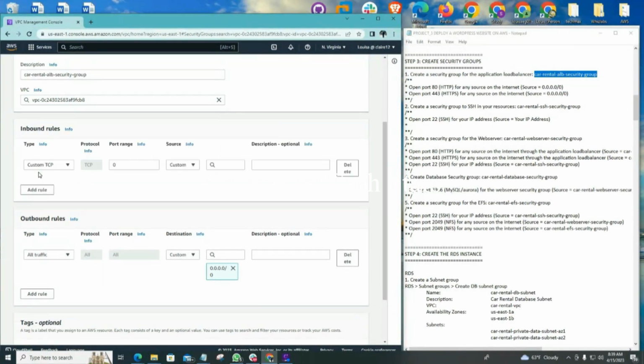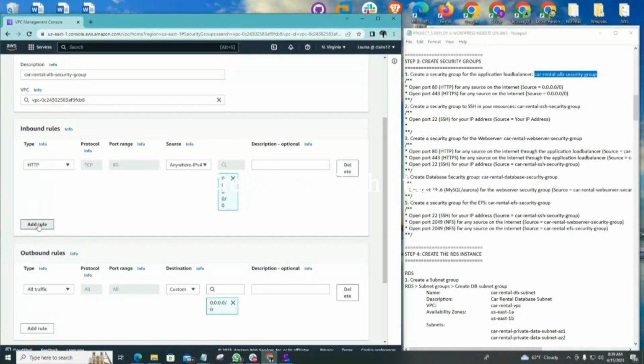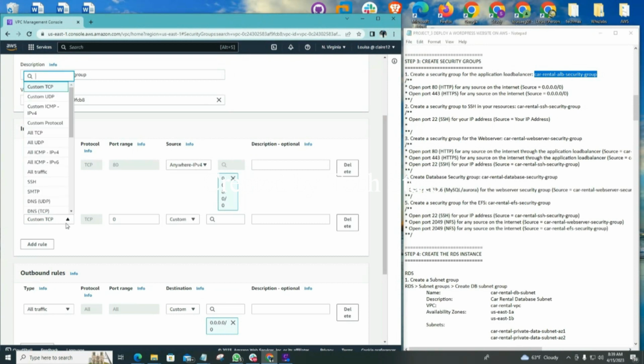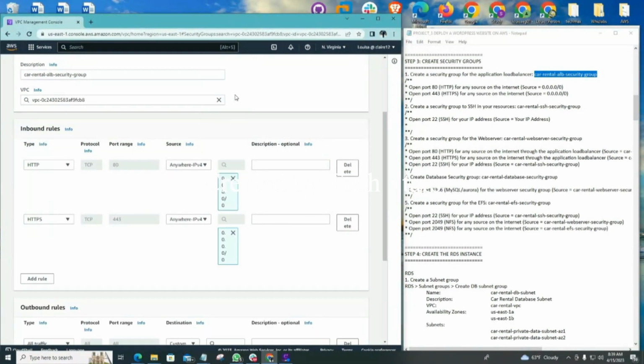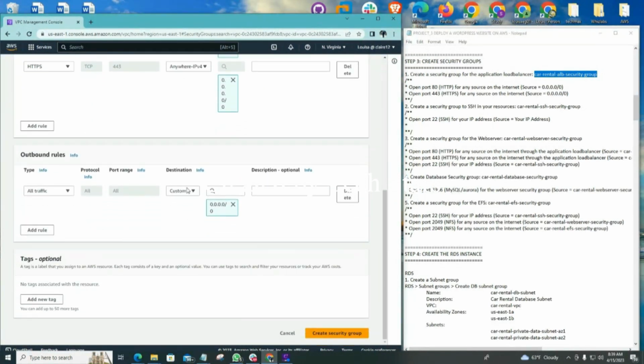So here is going to be HTTP traffic first, an unprotected connection. So if the port is port 80, we're looking at this traffic from all over the internet. That's the first thing. The second one, people could connect using HTTPS, the secure socket layer. So we're looking at traffic from all over the internet too. So for the application load balancer, everything is good. You leave the inbound rule as default. You don't change anything, and you go